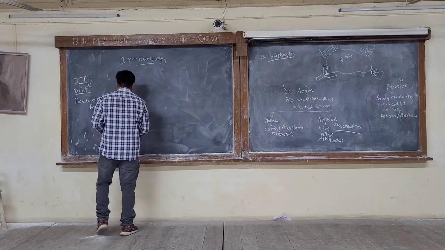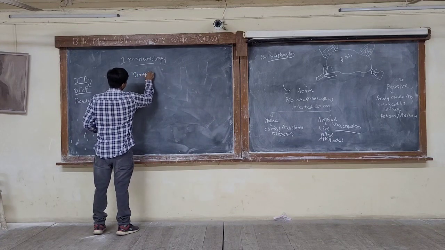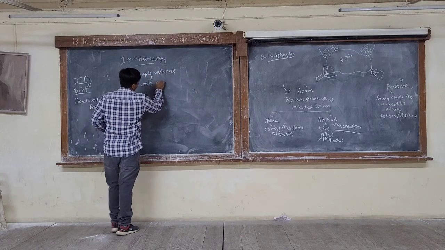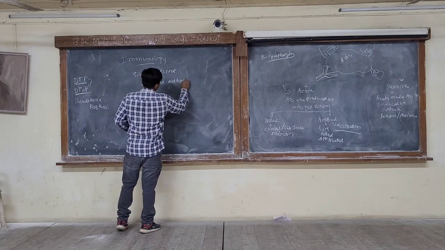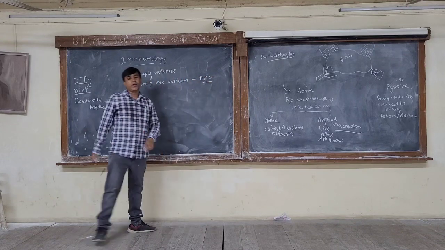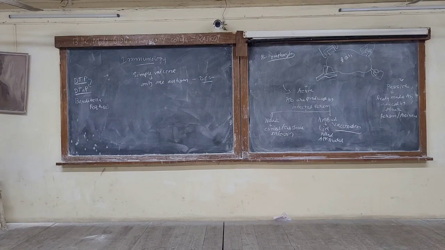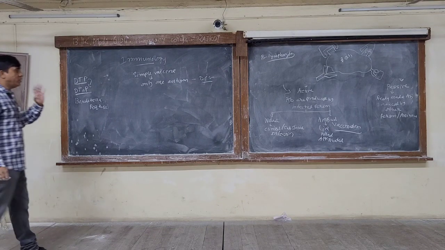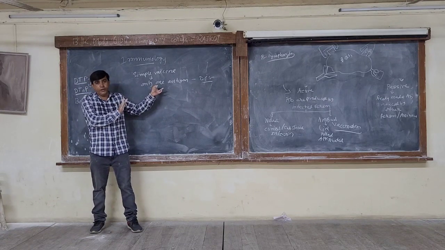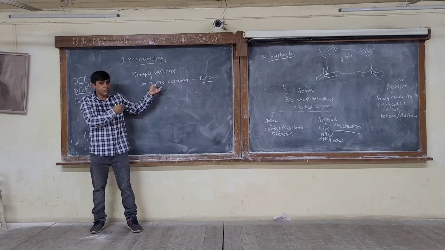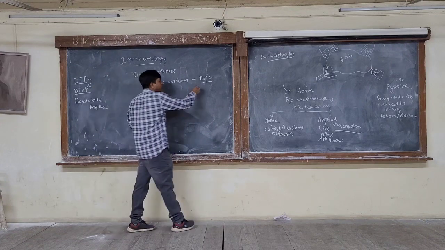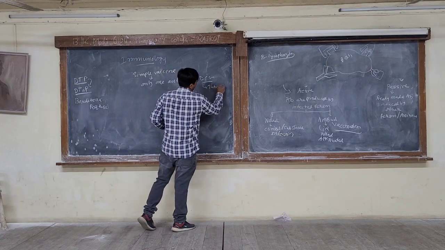It can be called a simple vaccine, which contains only one antigen. For example, BCG. Here, this is the correct question of the examiners when it comes to MCQs. BCG contains only a single species, Bacillus of Calmette and Guérin. This is the name of the scientists who discovered this species. It contains only a single antigen and it provides protection against tuberculosis or TB.